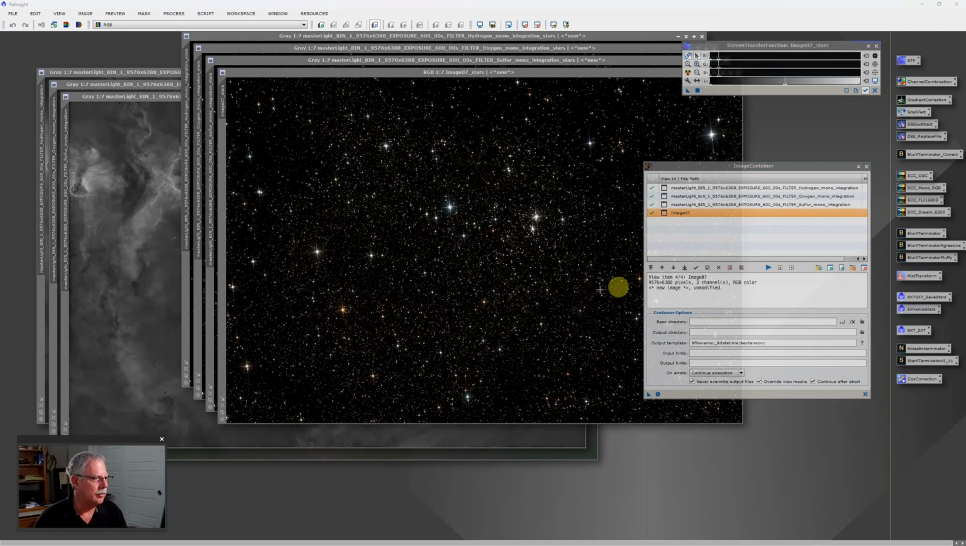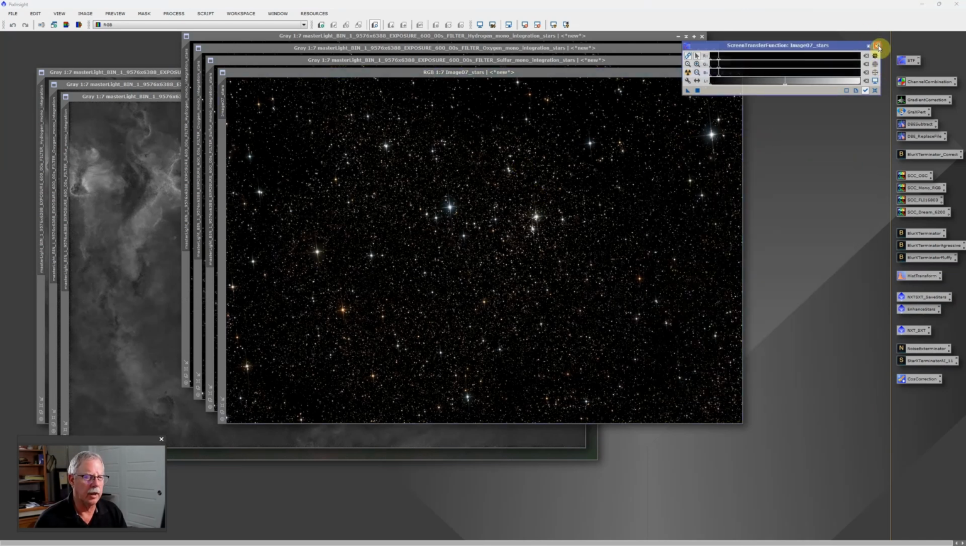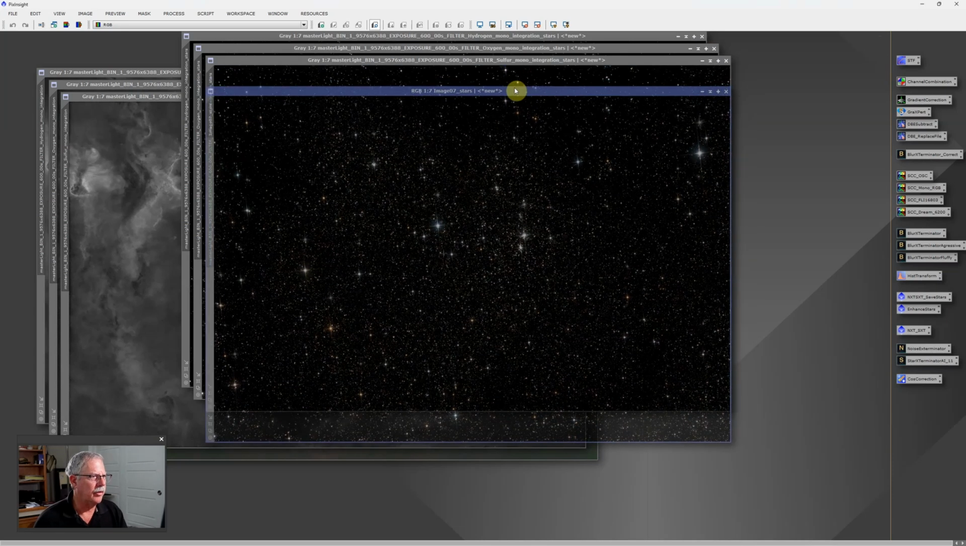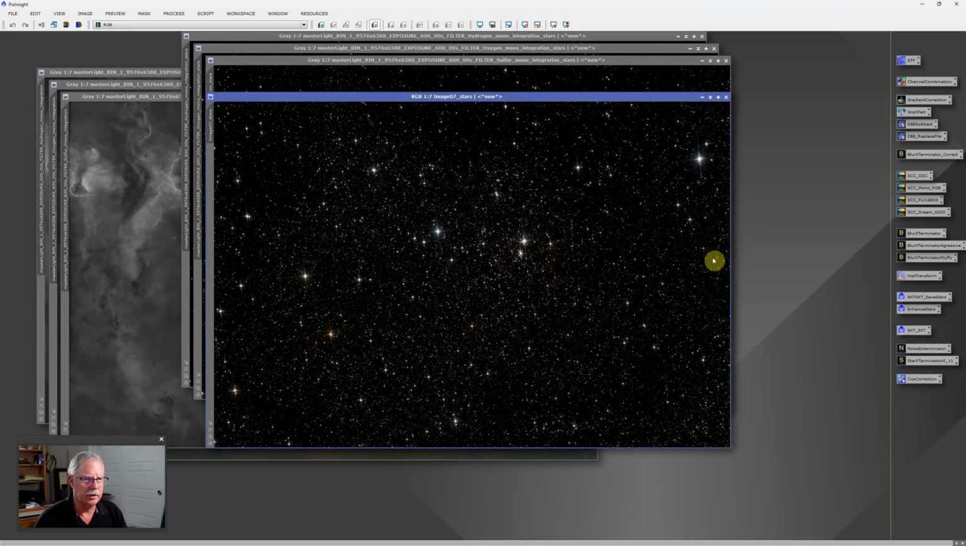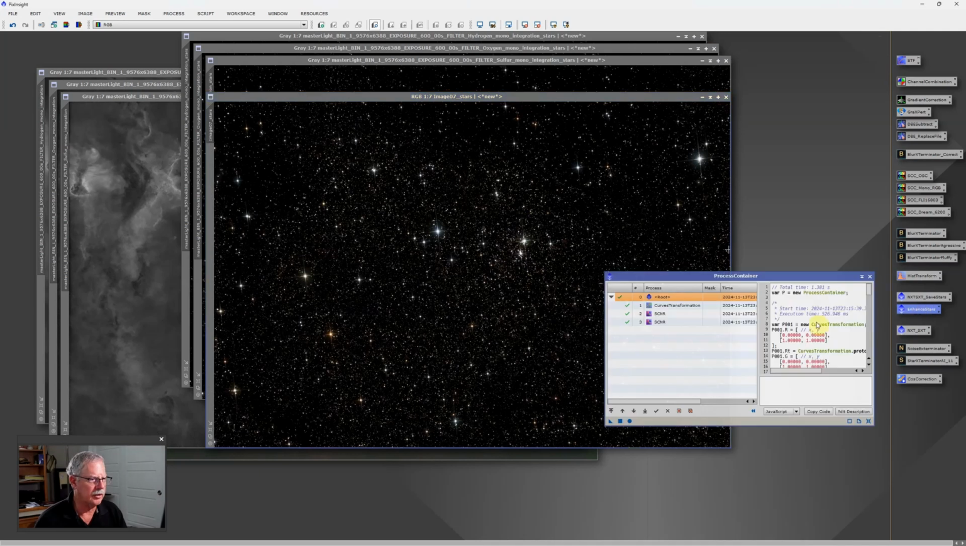Okay, so Noise Exterminator and Star Exterminator have done their thing, and we're done now with these process containers. This is the RGB Stars, and I usually run a little process container that I call Enhanced Stars. And what it does, I can show you the details, it runs 3 things. It does a curves transformation, which increases saturation, and then it does an SCNR to reduce green, and then one